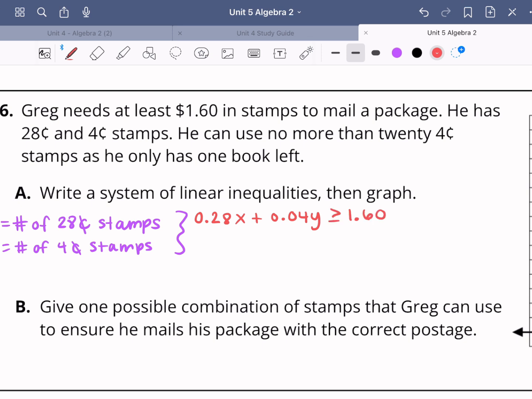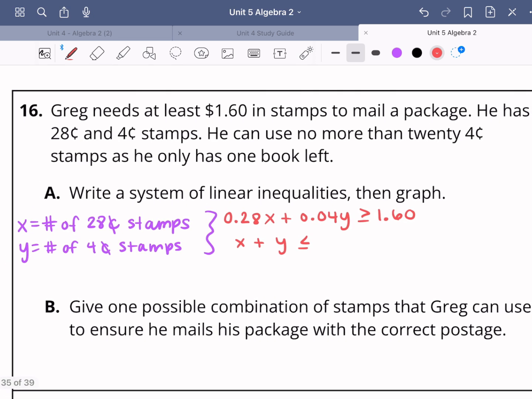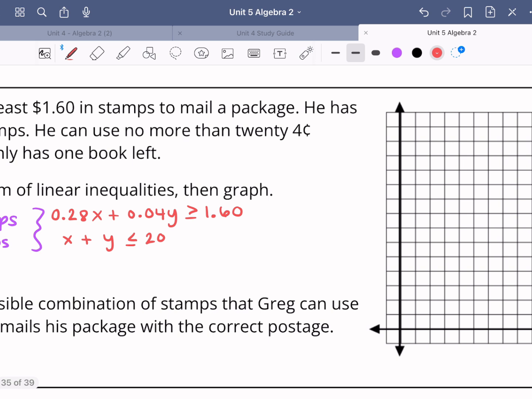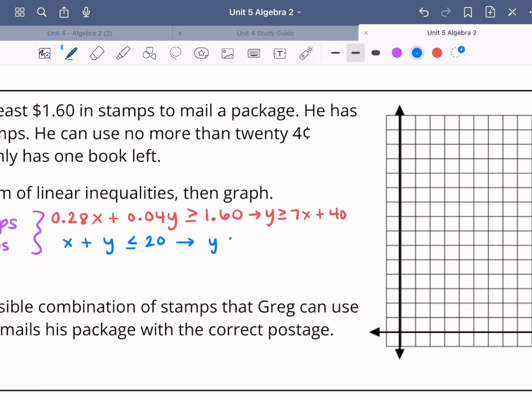The next equation here is more about the number of stamps, not the value. So between the 28-cent stamps and the 4-cent stamps, he can't use more than 20. So we need the sum of these to be less than or equal to 20. Let's go ahead and graph this. I'm going to write what these are when I solve for y. So this first one could be rewritten as y is greater than or equal to negative 7x plus 40. The second one, if I solved it for y, could be written as y is less than or equal to